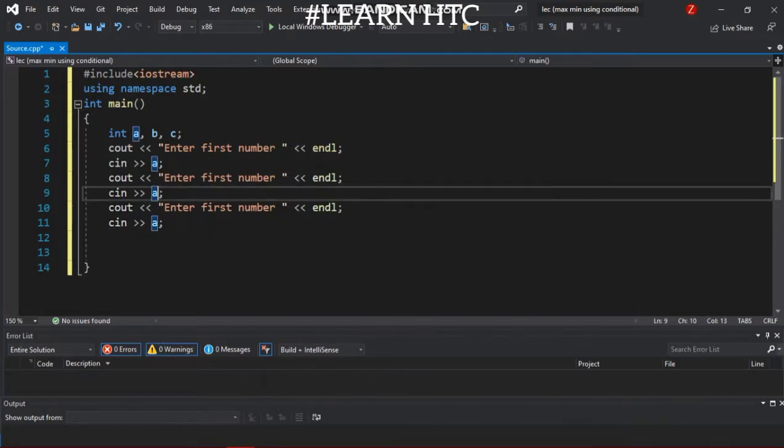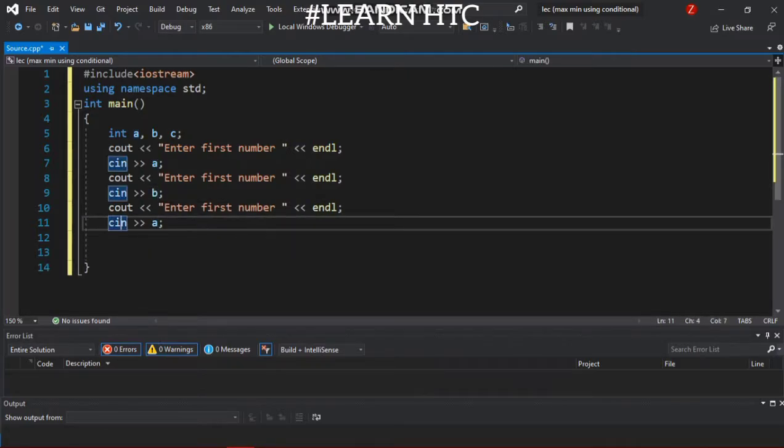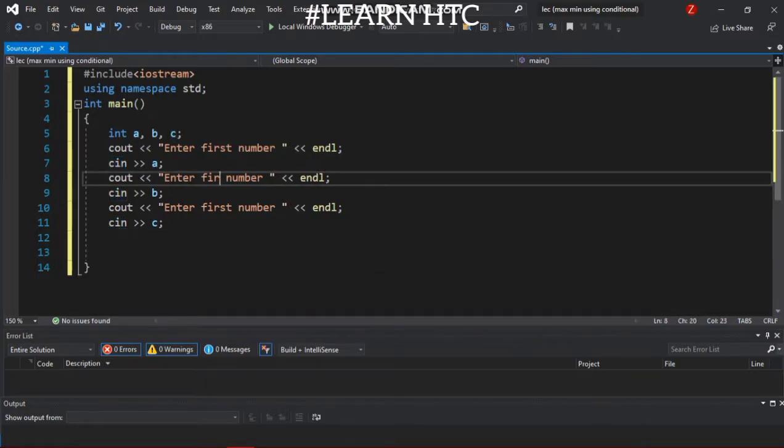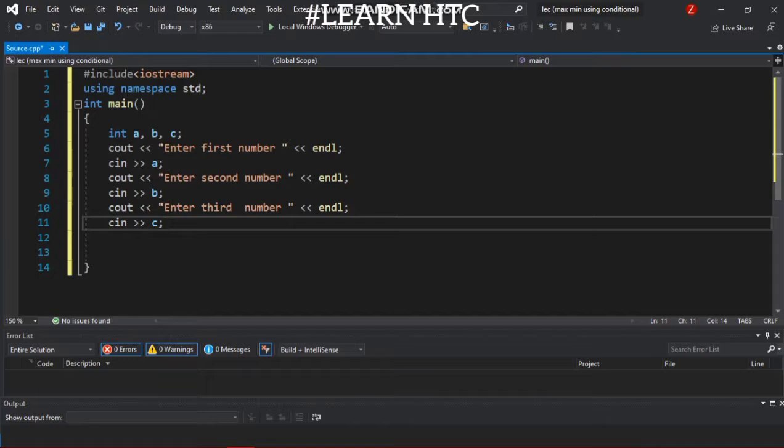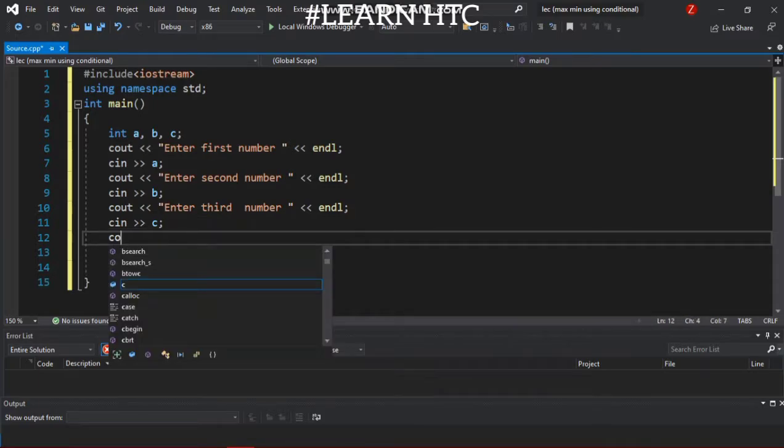Here we will change b for the second value, and here we change c for the third value, and here for the second number and third number. Here we have taken three values from the user, which are a, b and c. Now what will we do to find the smallest and largest number among them?